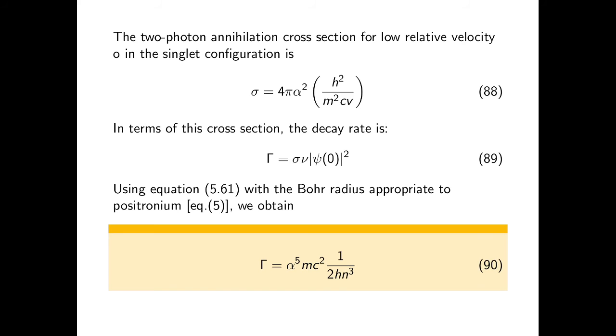Let gamma be equal to sigma. We apply sigma right here, V into psi naught square, which is basically what the perturbation is proportional to. And if we